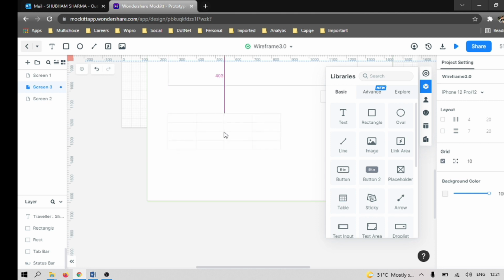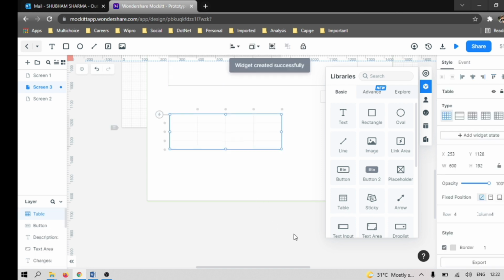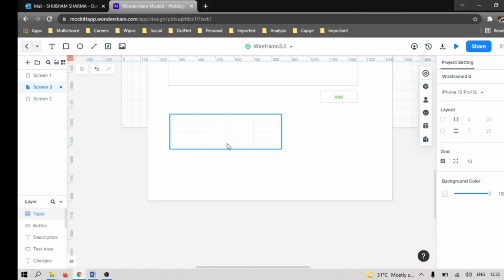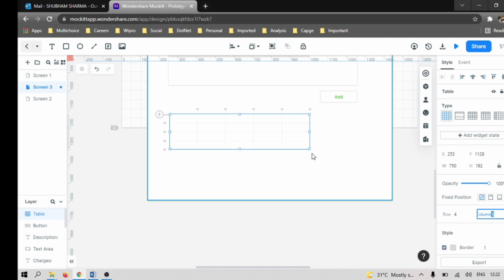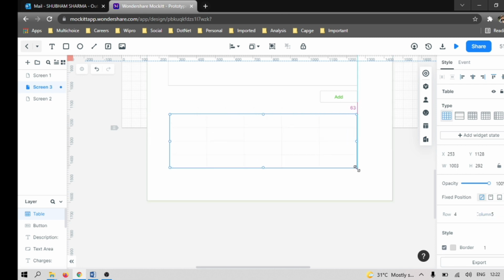Okay, so you can put this way. The table is here. So 4 rows, 4 columns. So instead of 4, I need a fifth column as well. Fifth column is going to be okay. This is fine.